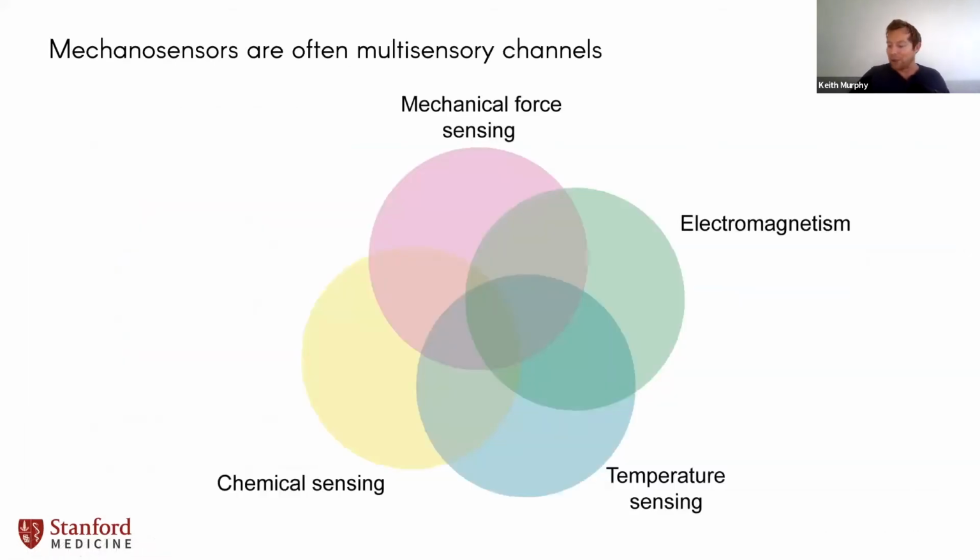Okay, so I'm moving on to probably one of my more favorite ways of thinking about it, which was introduced to me by Scott Hansen, who is pioneering this field. He's a collaborator of both mine and Kim's on many different projects. But anyway, the idea here is that mechanosensors, all these different channels that have been categorized as mechanosensory, which I'll tell you about in a moment, are often not just mechanically sensitive. So yes, they sense pressure, but they also usually sense chemicals, different temperatures, and even in some cases they'll be optically sensitive. So they'll sense electromagnetic